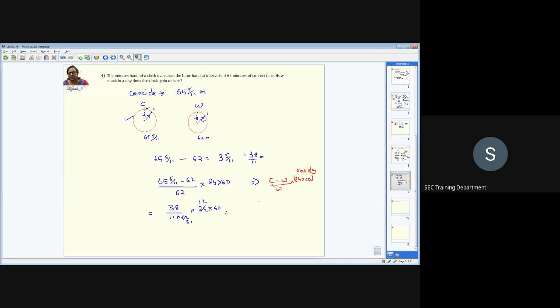As I told you, the actual formula is like correct time, that is 65 by 11 minus this. If this is higher, like the losing clock means you know that this is going to be higher. Instead of 62, it may be 66 or 67. Then you have to take that first, and that is nothing but the difference of these two we are taking. Divided by the wrong one, the time which is given here, into the time for which they are asking. Here they have asked for 1 day. So 1 day means 24 hours. And we have to consider in terms of minutes because everything we are taking in terms of minutes here. That's it. So now you have to calculate this.